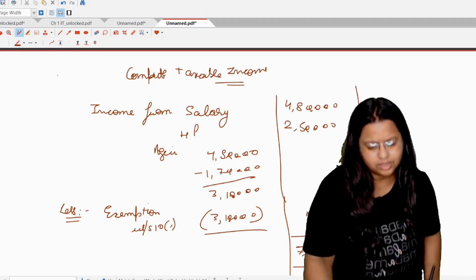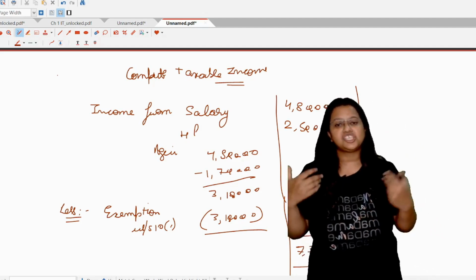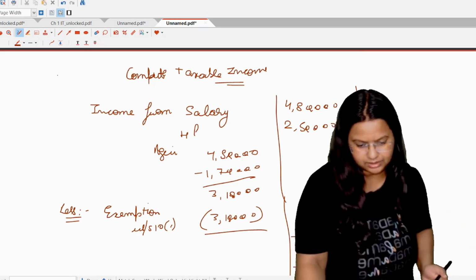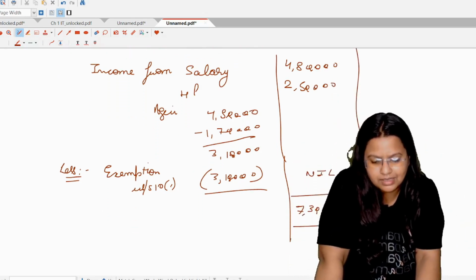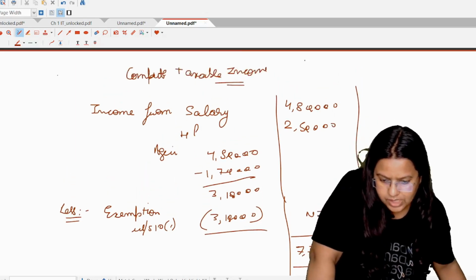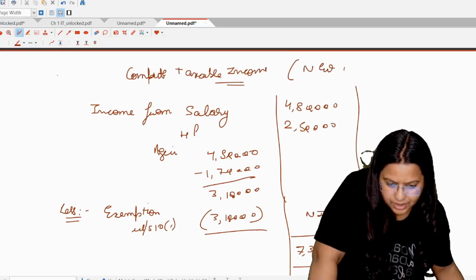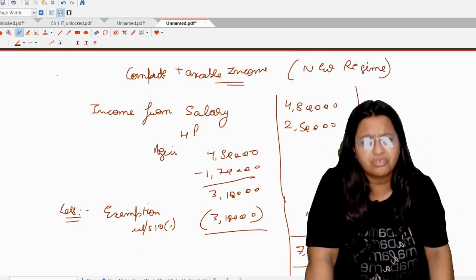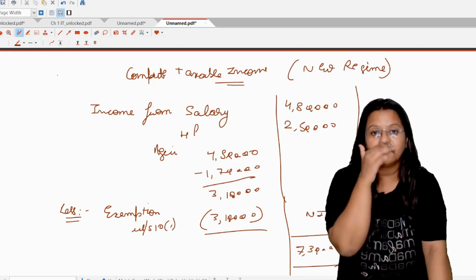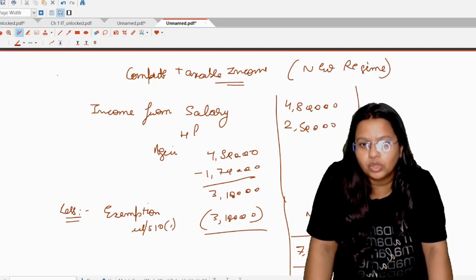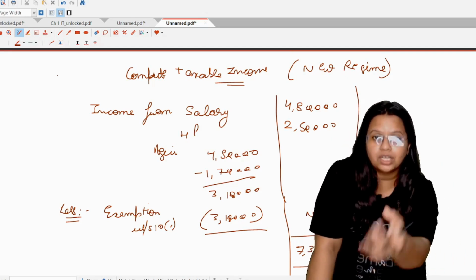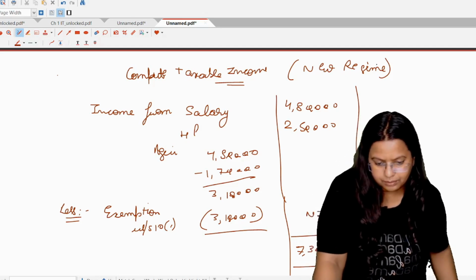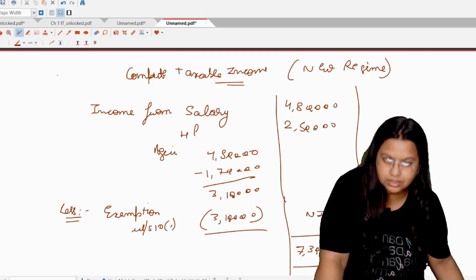Then just check whether there is any kind of reduction in chapter 6A, like the ATC or anything. Okay, then do that deduction. So it is our taxable income. That is the taxable income for this. Student, I am doing this question as per the new regime. Okay, you can do the question as per the new regime or as per the old regime, but you have to mention that. Or please read the question carefully. If the examiner asks about a particular regime, new or old, you have to do that only. Okay. But in this question, nothing is written, so I have applied the new regime.